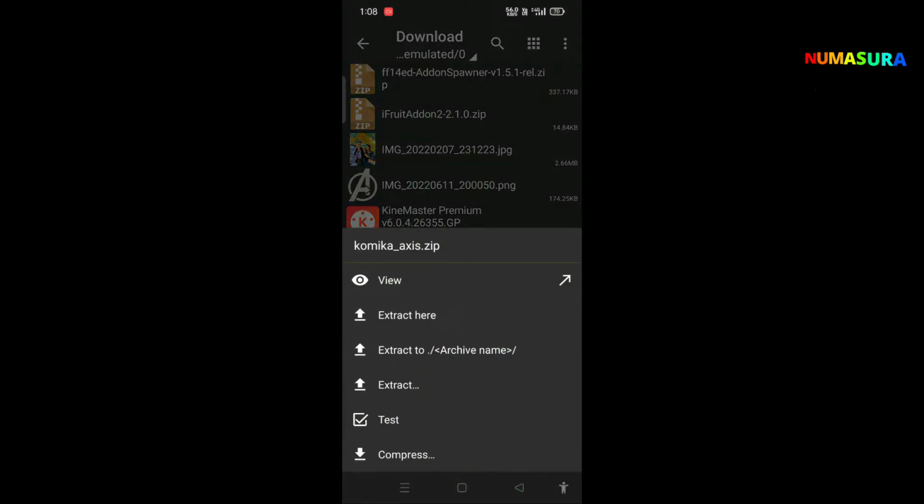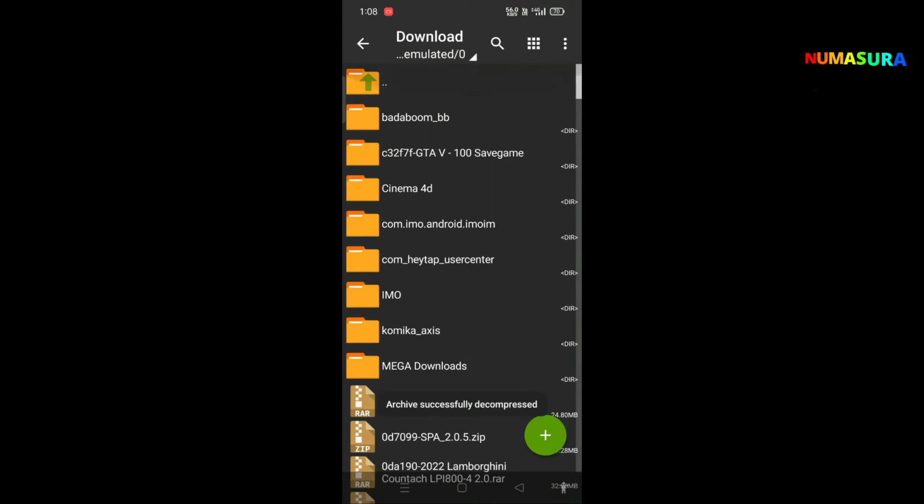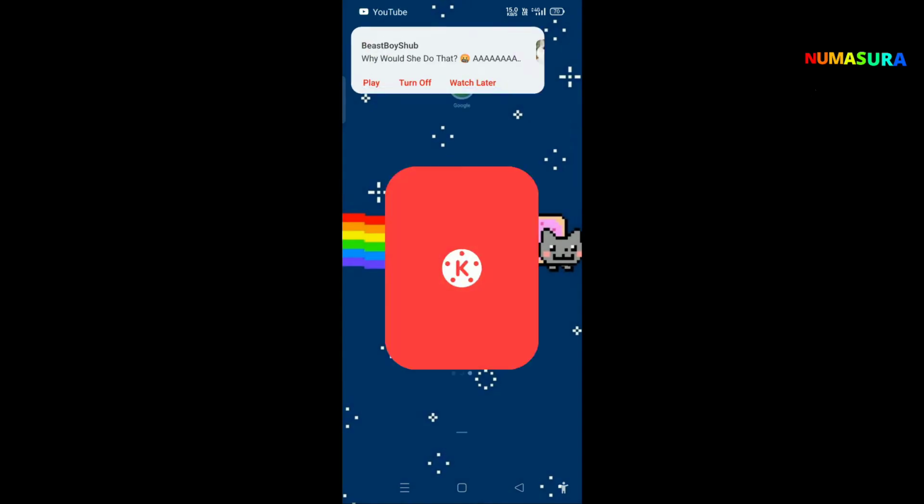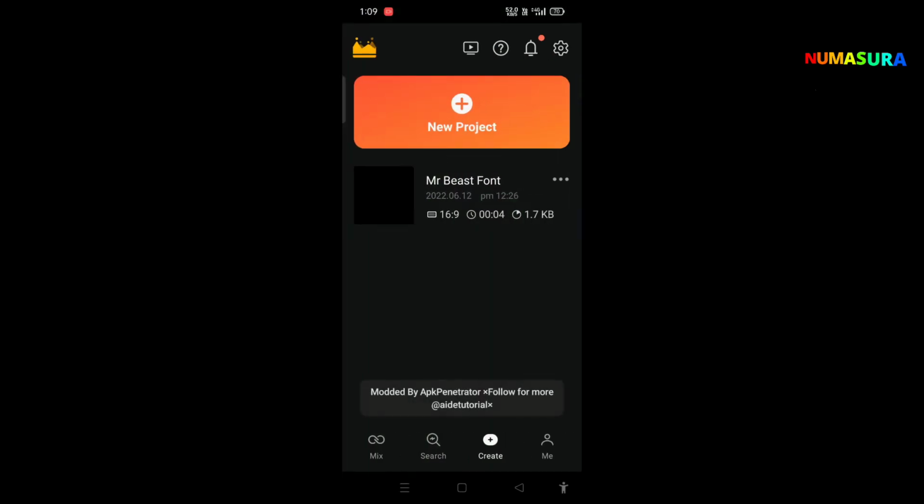Now firstly extract the zip file to a folder. Here you will see a folder named Komika_Axis. Open it and leave it like this. Now open Kinemaster. It is the latest version of Kinemaster. Now click on new project